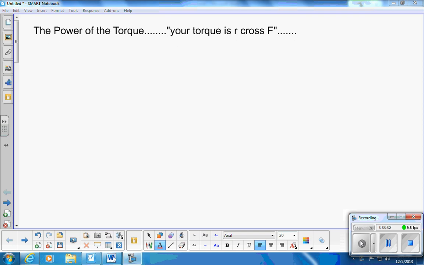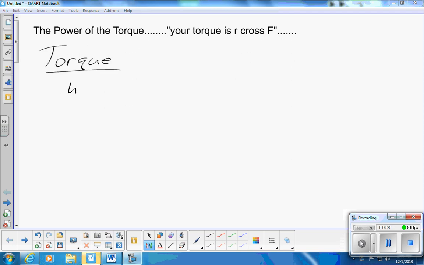Good day. We're going to talk about torque here a little bit today. There are references here to culturally important references: the power of the torque, and your torque is R cross F. You'll just have to wait if you don't know what those are about. All right. We want to do two things with torque, and that is we want to learn what it is